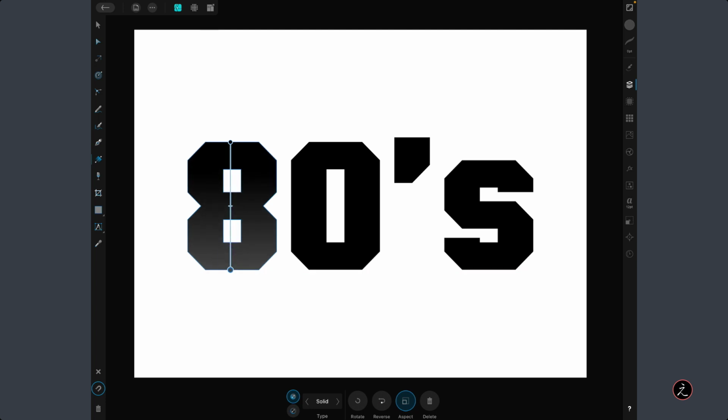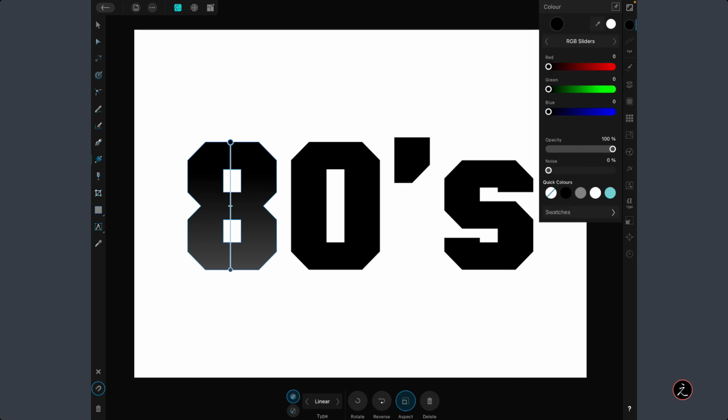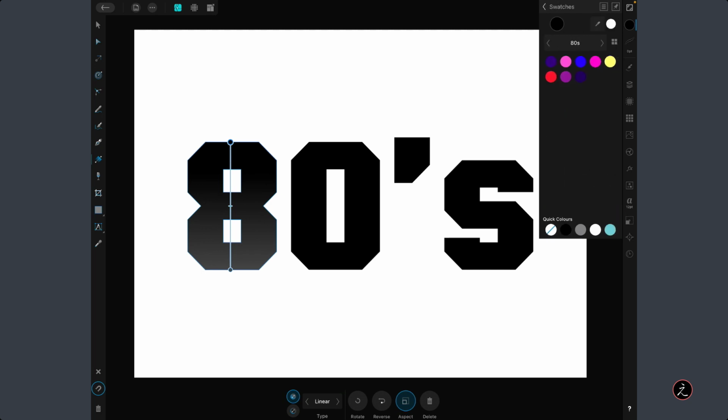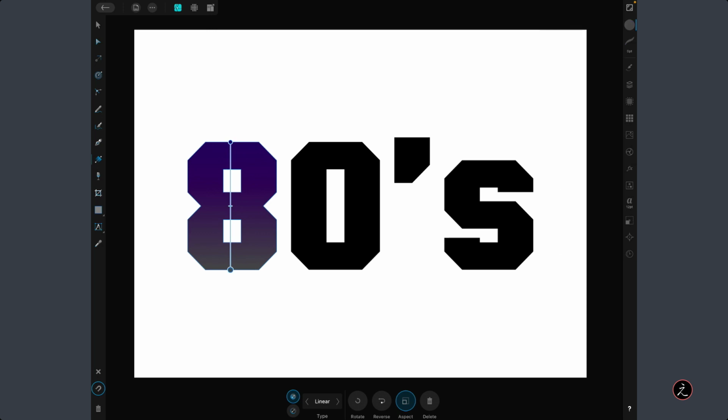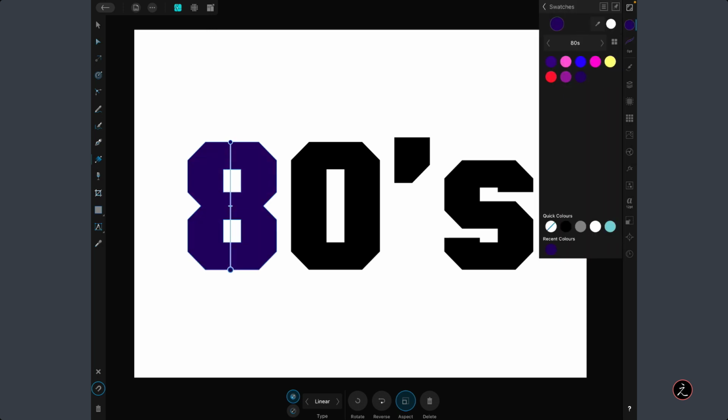And at the bottom of the context toolbar, we have all these options. For example, we can choose the type. In this case, I'm going to go for a linear gradient. Great. So let's go ahead and actually create some additional color stops and also give colors to that as well. So I will tap on this first gradient stop, and inside the Color Studio, I have already created my own swatches. So I will give this color for this stop, and for this stop, I will give the same color.